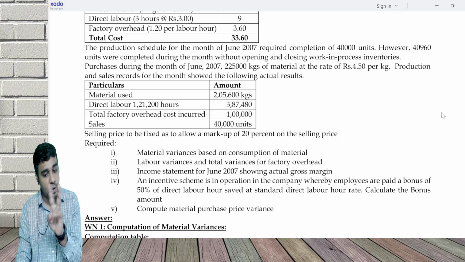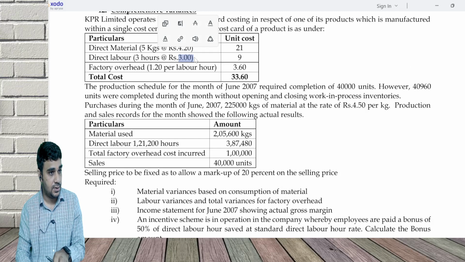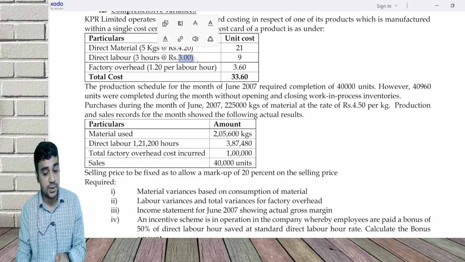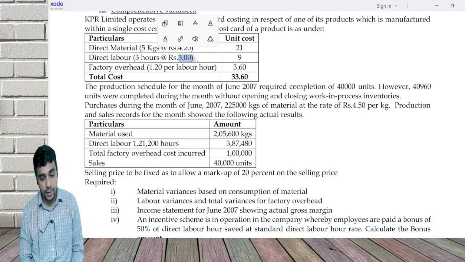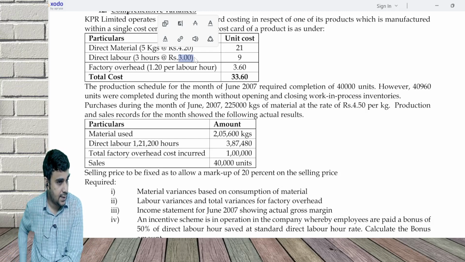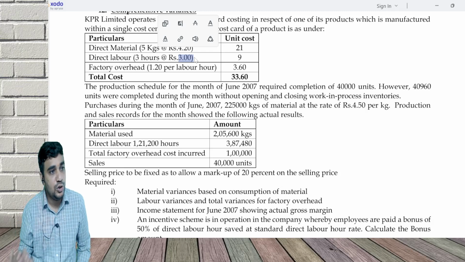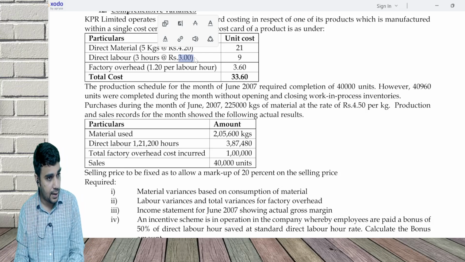That rate per hour you have to answer. That rate per hour can be this 3 rupees, which is the standard rate. And the rate per hour can be the actual rate, which is 3. Can you do 387,480 divided by 121,200? So it can be either of the rates. Question is very clear saying that you will pay bonus at the rate of standard direct labor hour rate. Now write